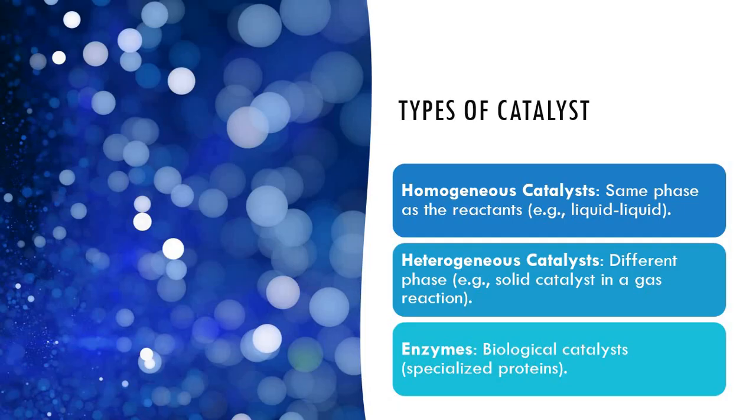Homogeneous catalyst: the phase between the reactant and the catalyst is the same. For example, liquids, like acids. How it works is the catalyst is soluble in one reactant, and then reacts with another reactant and gives us a final product. But in this case, we need to separate the catalyst from the final product, maybe by distillation or boiling, maybe through boiling point distillation.